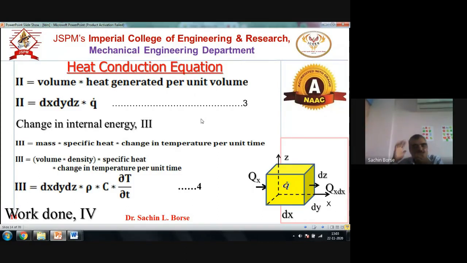We have to divide by the time. Okay, so that is our third part. I will move to the fourth part, that is the work done. So move to the next slide,